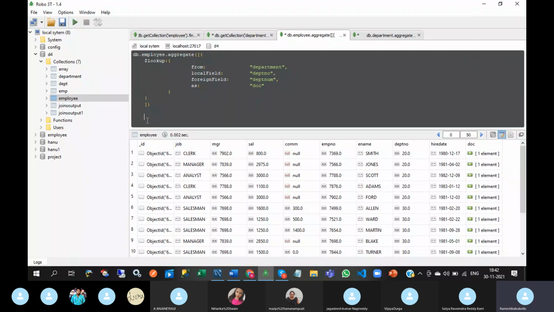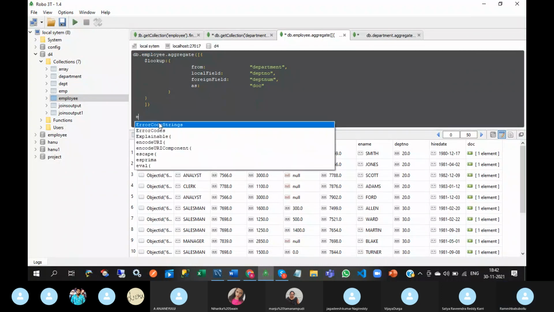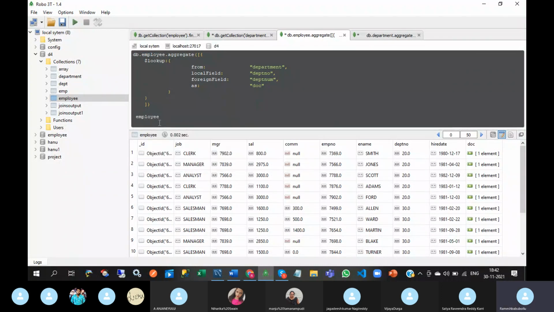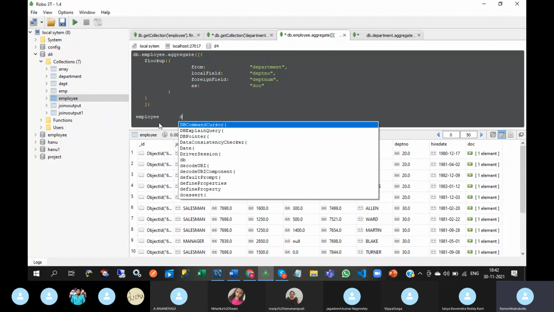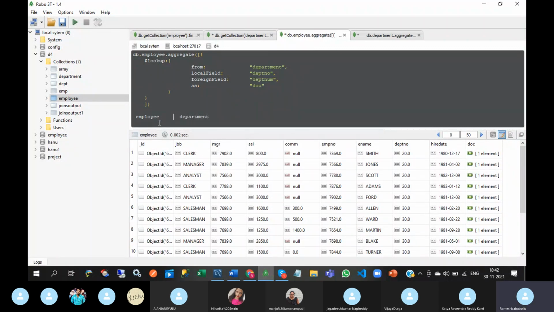Which one is the left collection? The employee collection is the left table, the left collection, and this one is department. In between them, you are using lookup. This is the left collection and this one is the right collection. So you are adding fields from department to the employee collection.